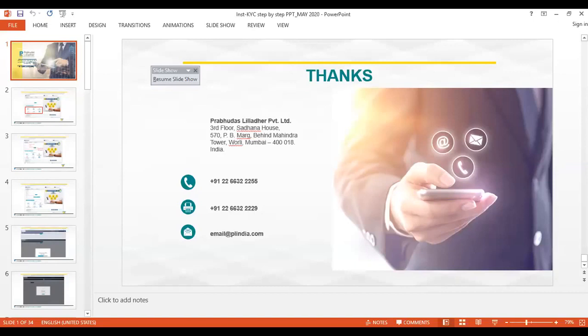IPV in the application is an image and IPV on the web is a video. Is it right? Yes. In the application, we are requesting the RM to click his photo along with the client as proof of IPV that he has met the client in person. In online, since there is no interaction with the RM, we are taking a video of the client.